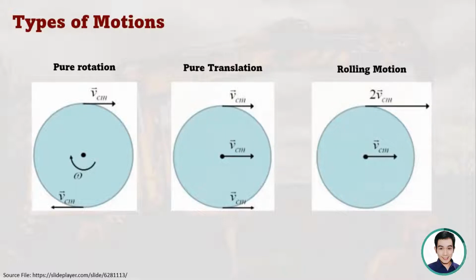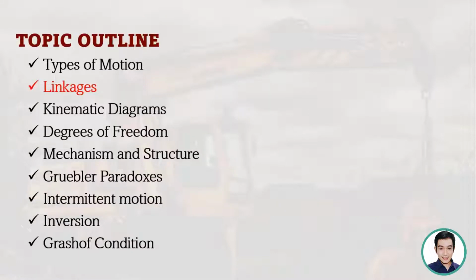So it's important to define the type of motion that is required for a mechanism. Say, for example, you are designing a windshield wiper. We want to wipe, say, the front of the windows. So when you desire to create that kind of wiping motion, then you also have to design the inputs so that you can achieve the desired output or the desired motion. So how do we design that? So let us talk about